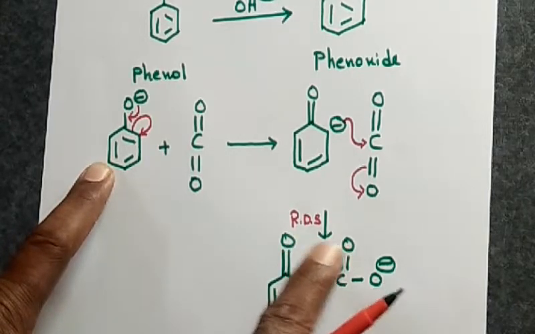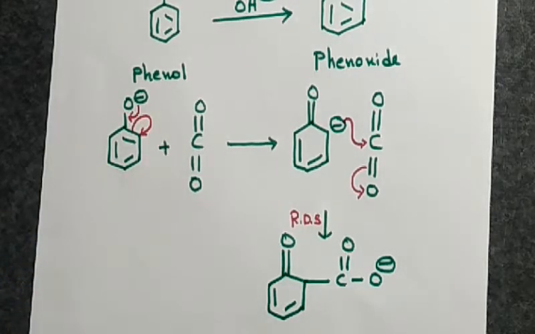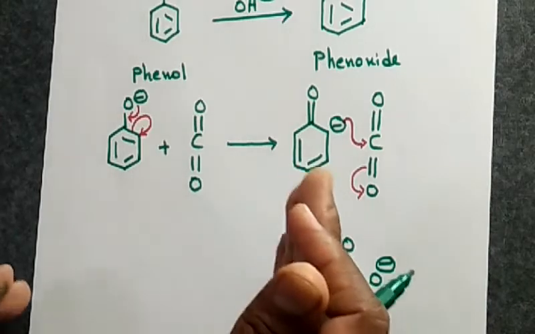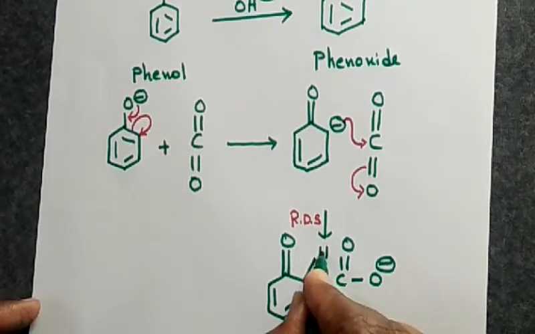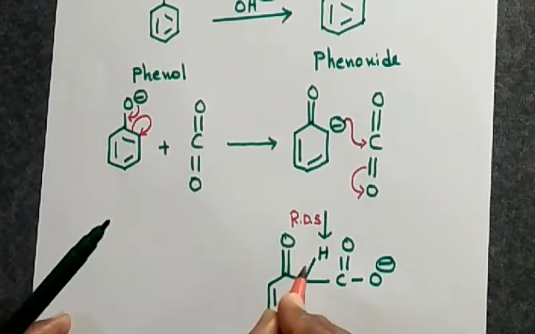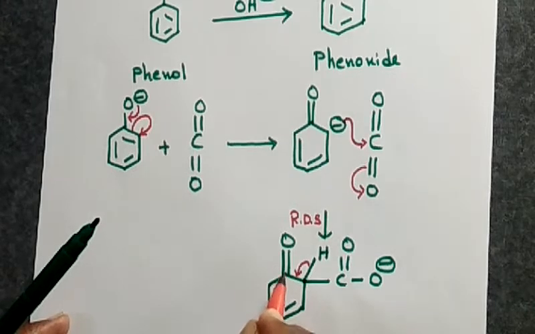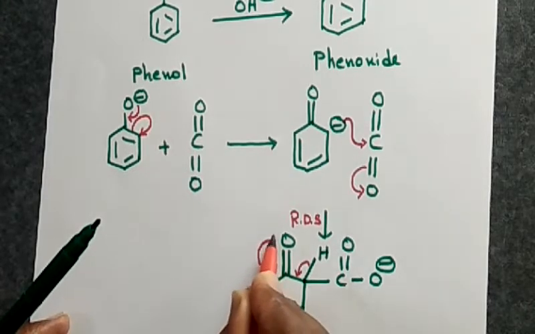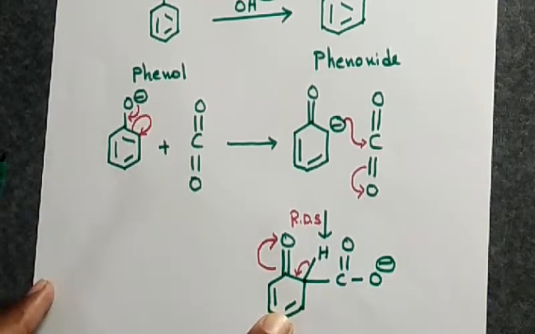So it is the rate determining step, which generally takes place slowly. Next, you have to remember one more point here. In order to get back that aromatic character, like in the Reimer-Tiemann reaction, the C-H bond is going to shift entirely into the benzene ring system like this. And the carbon-oxygen double bond, the pi bond, will transfer onto the oxygen, so that this particular ring structure acquires the aromatic character.